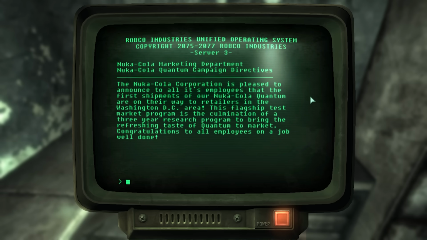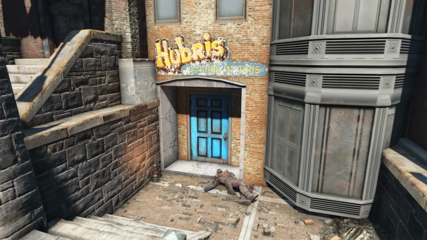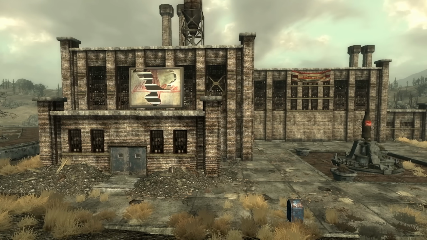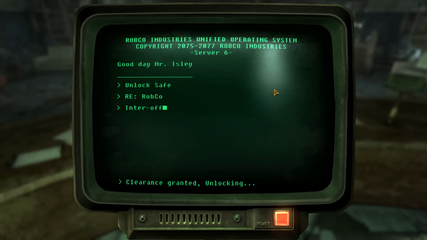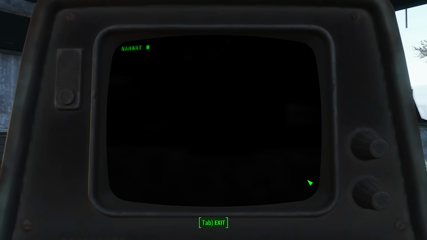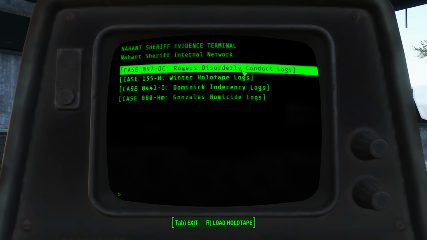Such networks can be found all over, but to name just a scant few, they can be found at the Hubris Comics location in Boston, the Nuka-Cola plant in Fallout 3, the RepCon headquarters in New Vegas, and the Pleasant Valley cabins in Fallout 76. Small locations had them like a sheriff station's internal network,